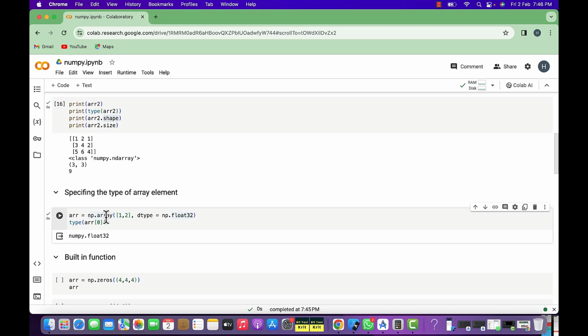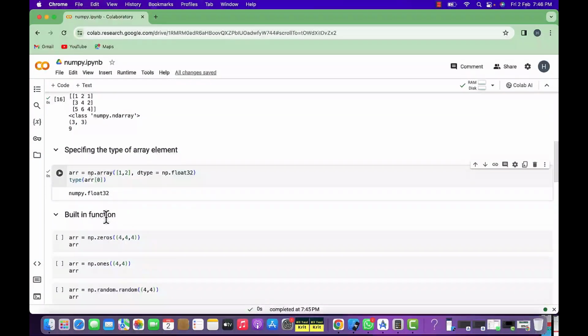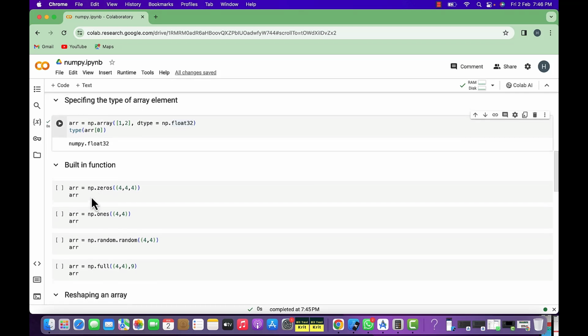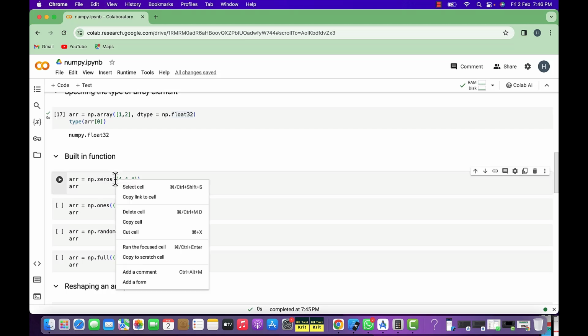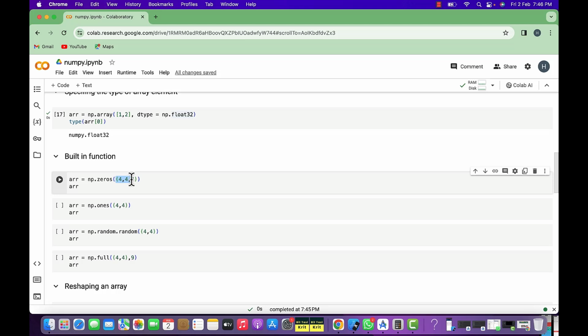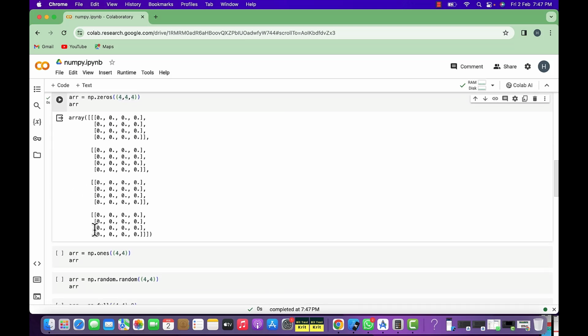So while creating these arrays, you can also specify the data type which you want to assign to the elements. And after creating these arrays, let's look at some built-in functions. So here in NumPy, if you want to create an array filled with 0, then you can use this np.zeros. Then inside these parentheses, you need to specify the shape of the array which you want to create. And after that, we are printing the array. So now here we are creating a 3-dimensional array. So let's run it. And there you can see the array, and each element of this array is filled with